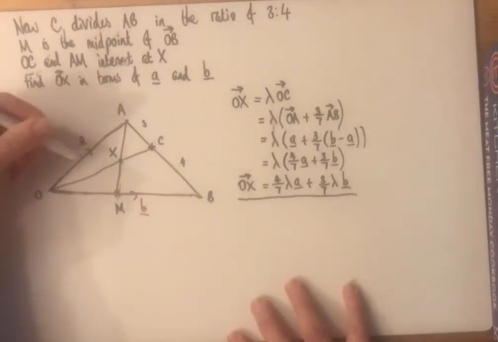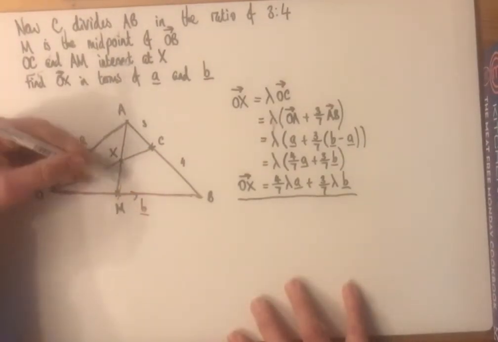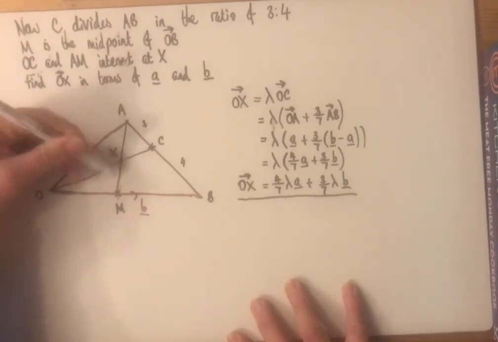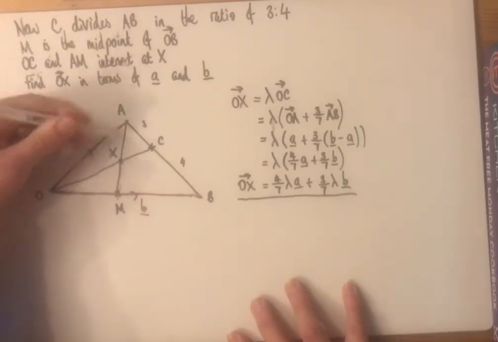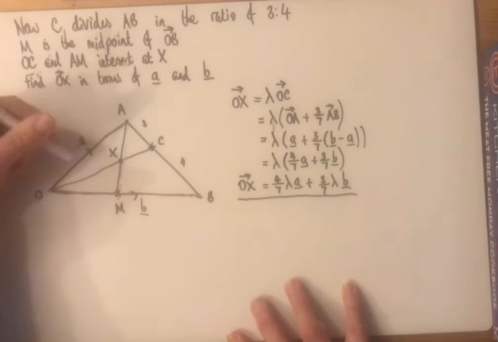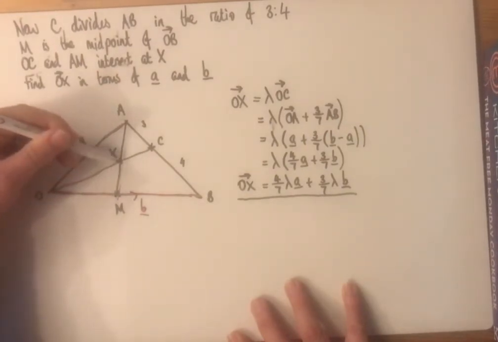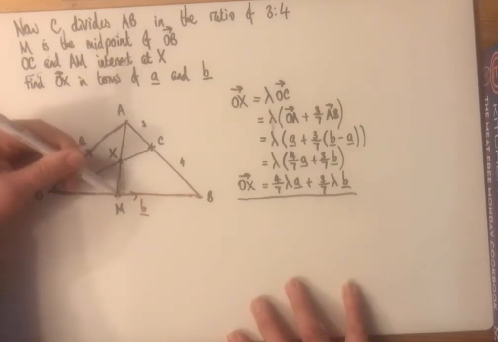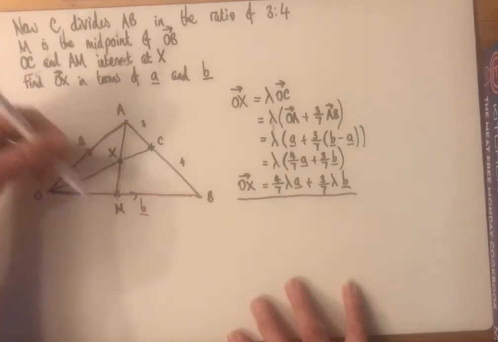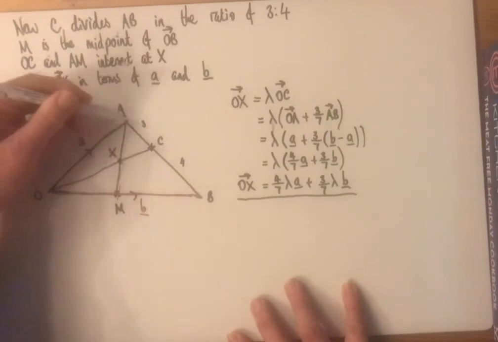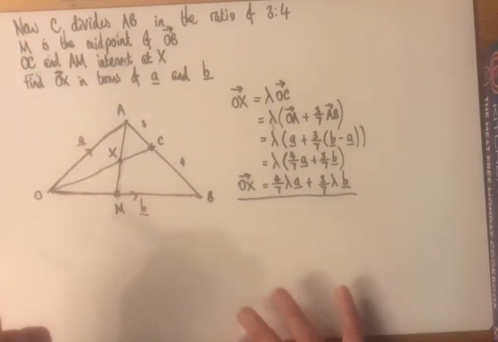The other way I could go, we need to use this one here really. So if you've got two different things cutting through the shape, use one and then use the other, and that will serve you well as well. So I can go OA, AX. I could also go OM, MX, which would come out really similarly to going OA, AX. So going that way through,